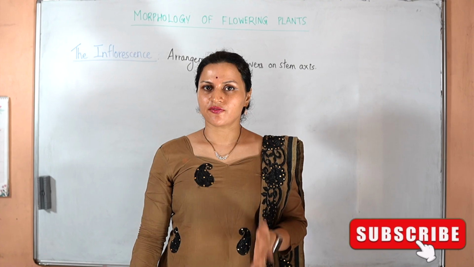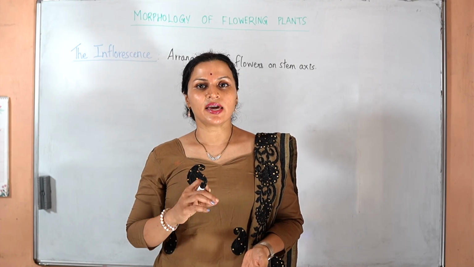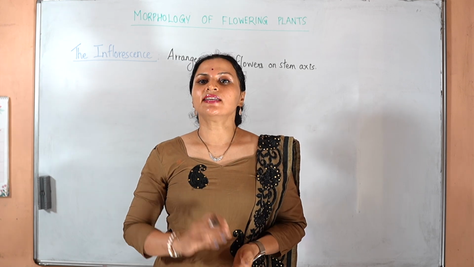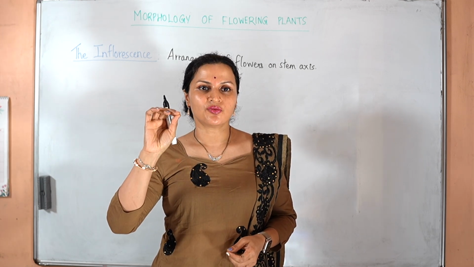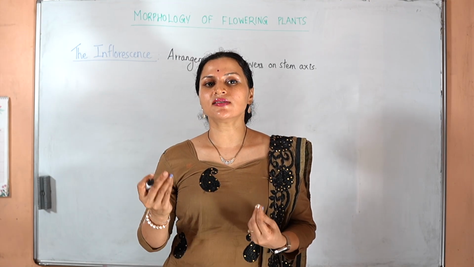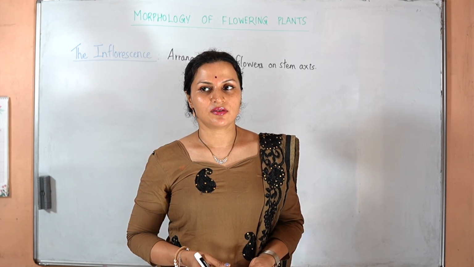You know how flowers are formed. In the axil of the leaf, that is the axillary bud. The axillary bud can develop into a flower. Alternately, the apical bud at the tip of the shoot can also terminate into a flower. In these cases, the flower is said to be a single flower or a solitary flower, as you see in